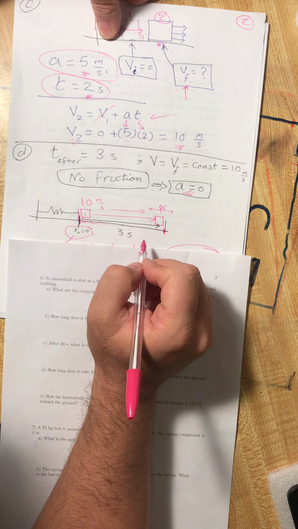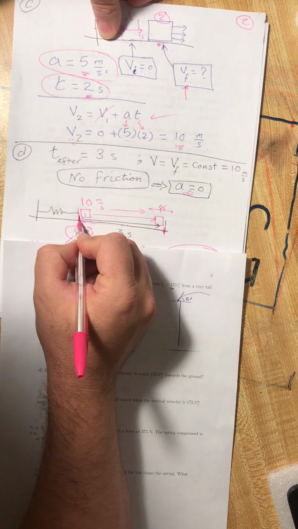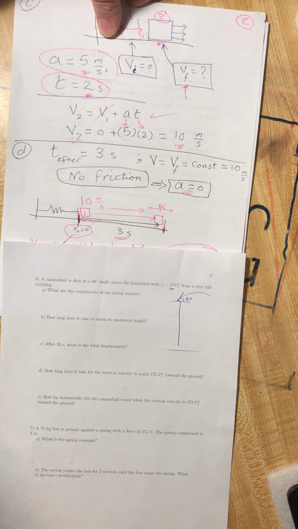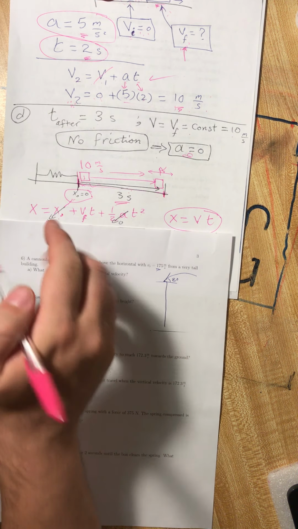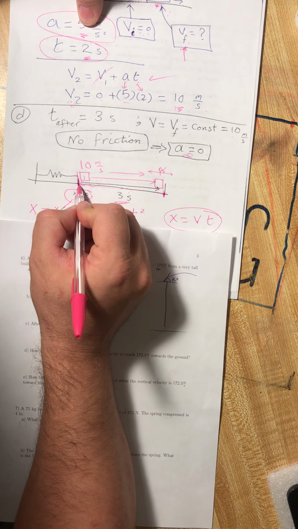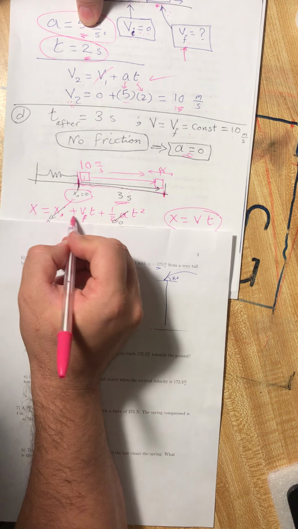Okay, how much is the distance from leaving the spring to finishing the 3 seconds? We can use this equation: X is equal to x naught, which we can suppose is 0 when it is leaving the spring, plus v